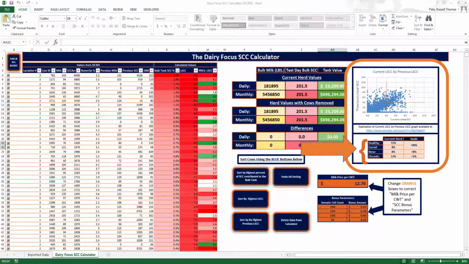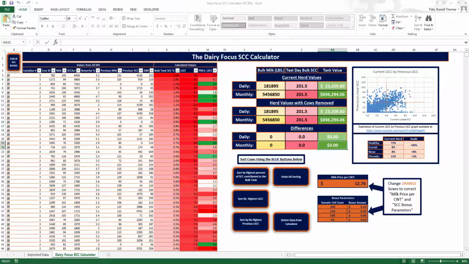The herd mastitis evaluation table is also available, and it shows the percentage of cows that are healthy, have cured cases of mastitis, new cases of mastitis, or chronic cases of mastitis. This table helps the user evaluate their mastitis prevalence and treatment protocols on farm. It is up to the user to play around with the calculator and find the way that they can best utilize it to help improve their herd's milk quality and udder health in order to make sure the herd is as efficient and profitable as possible.